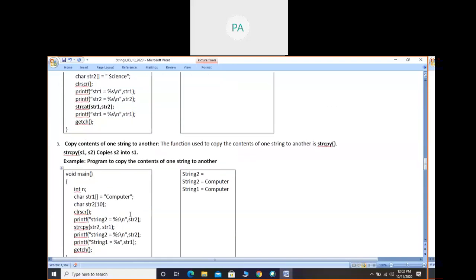Now, in this program, the first time str2 contains nothing. After str1 is copied into str2, in str2 also the word computer will come. So here it is copy paste, not cut paste. I have to remember, if I copy contents of str1 to str2, str1 will not become empty. Don't think in that way. str1 is also computer, str2 is also computer, so it is copy paste. In the normal things we do, there is copy paste and cut paste. In case of copy paste, original contents will remain as they are.